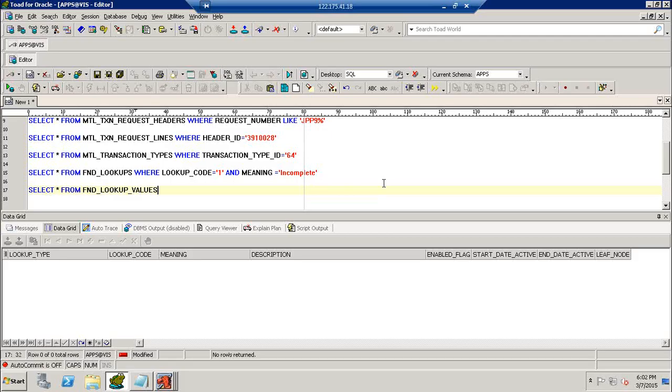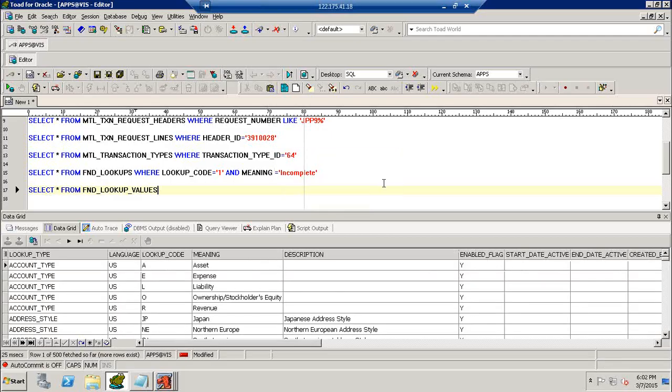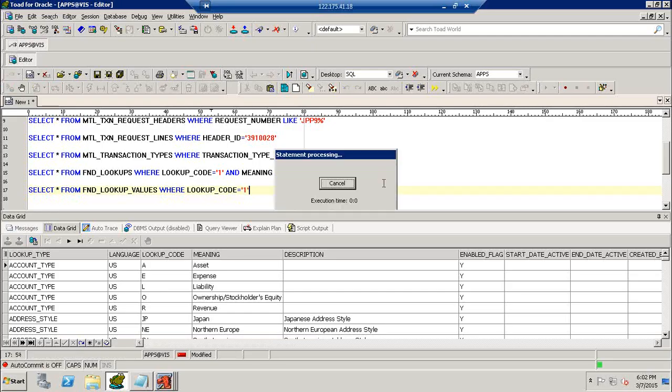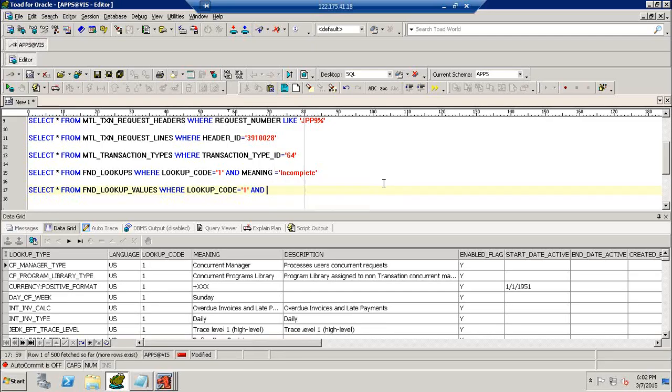lookup values. So here again lookup code equal to 1, and again meaning equal to